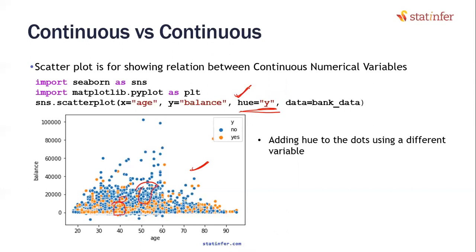But I'm telling you this because sometimes it might come in handy that these two variables are related slightly differently in a particular segment. You can highlight that by keeping that third variable on the hue or the color.